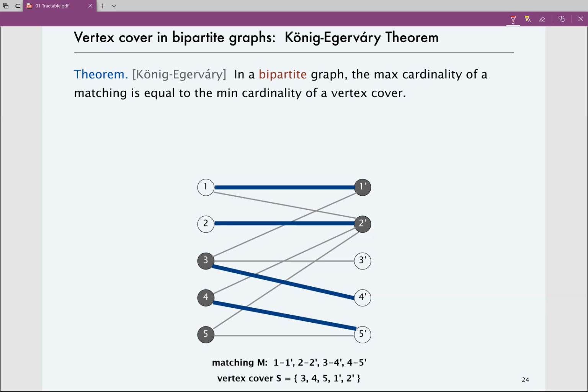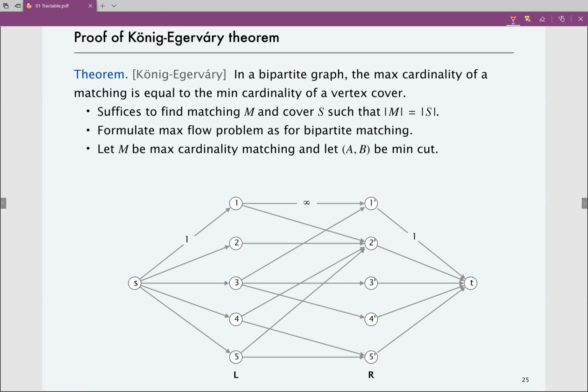Okay, so we're going to both prove this statement, and we're going to see how this statement allows us to compute a minimum vertex cover. The nice thing is that we actually know how to compute a maximum matching. Remember that the way we could compute a maximum matching was to phrase the problem as a max flow problem, right? And the way we did that when we studied max flow was that